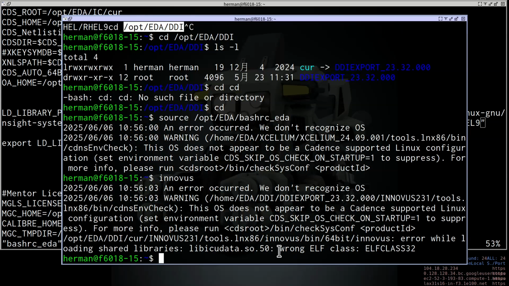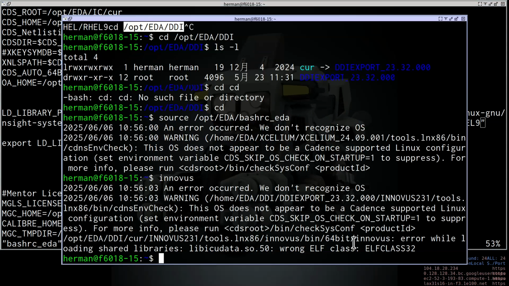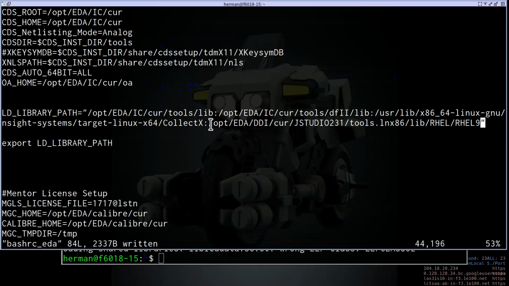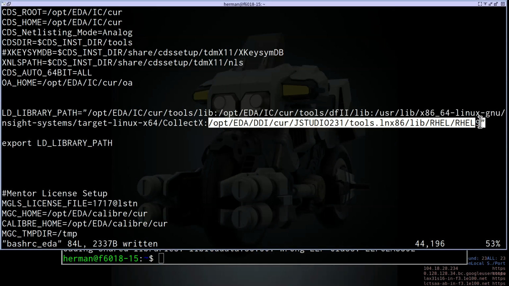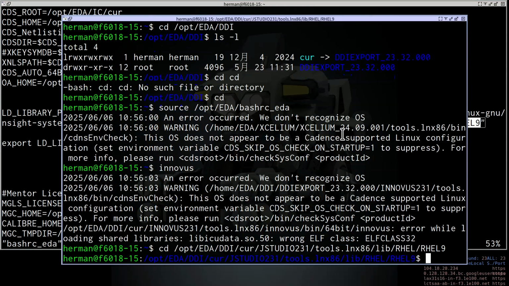So it shows you wrong ELF. Wrong ELF. This is funny because we are running 64-bit Innovus, right? And it complains about this being the wrong ELF class. So we need to find the file.